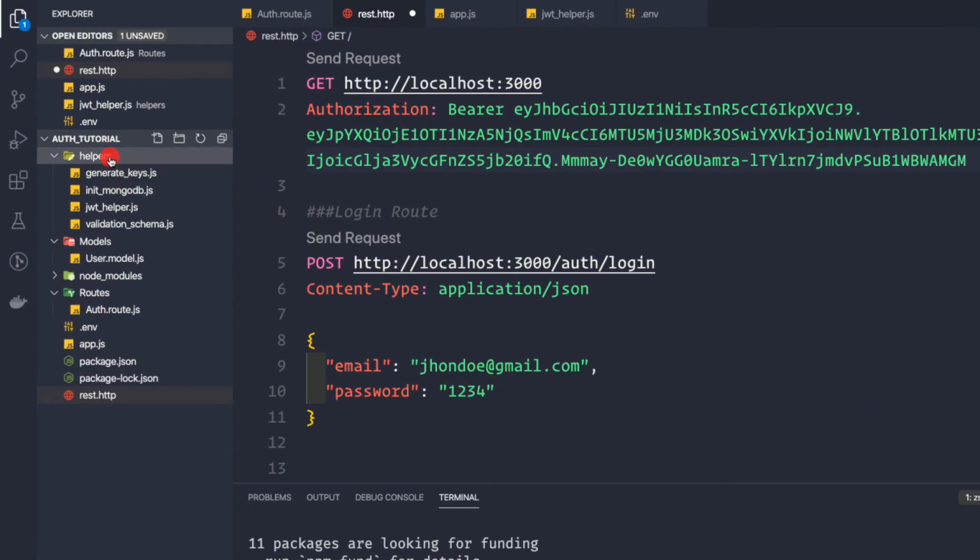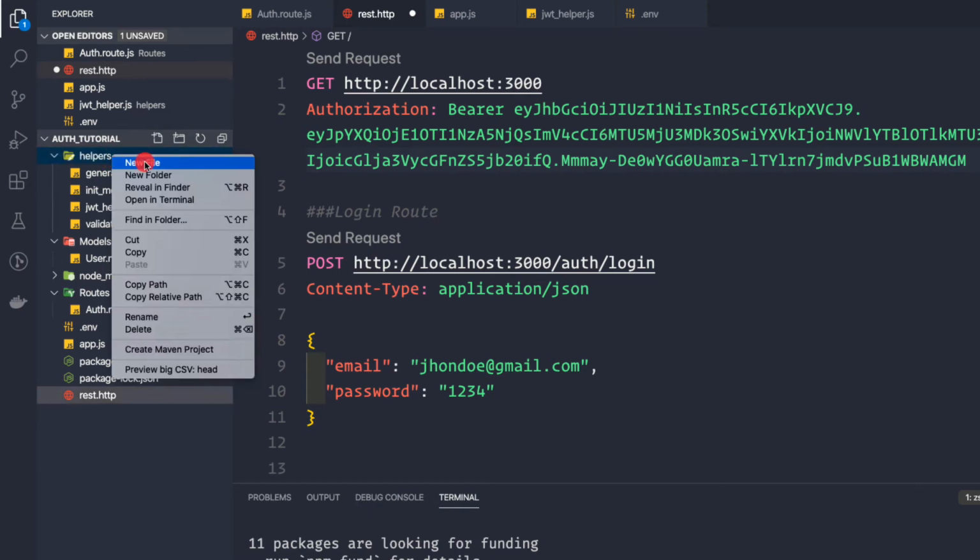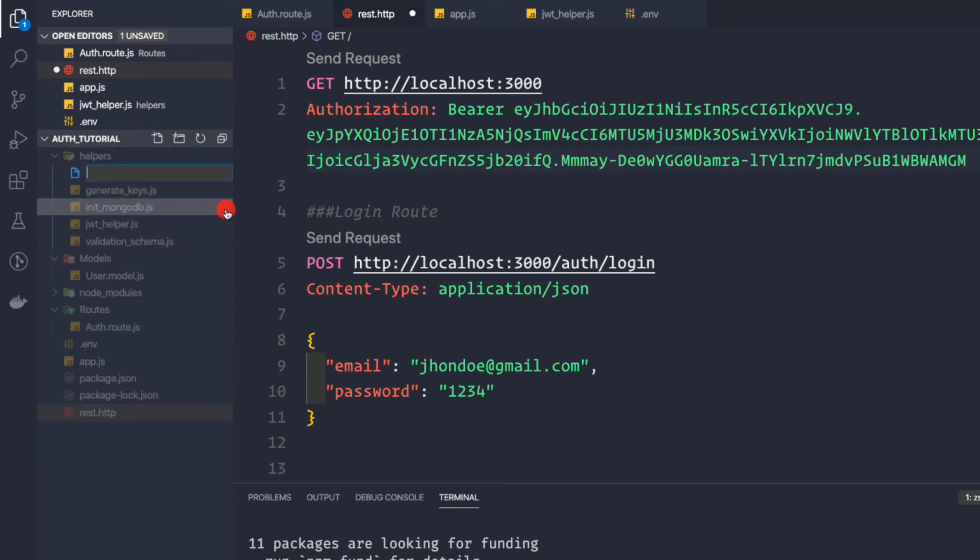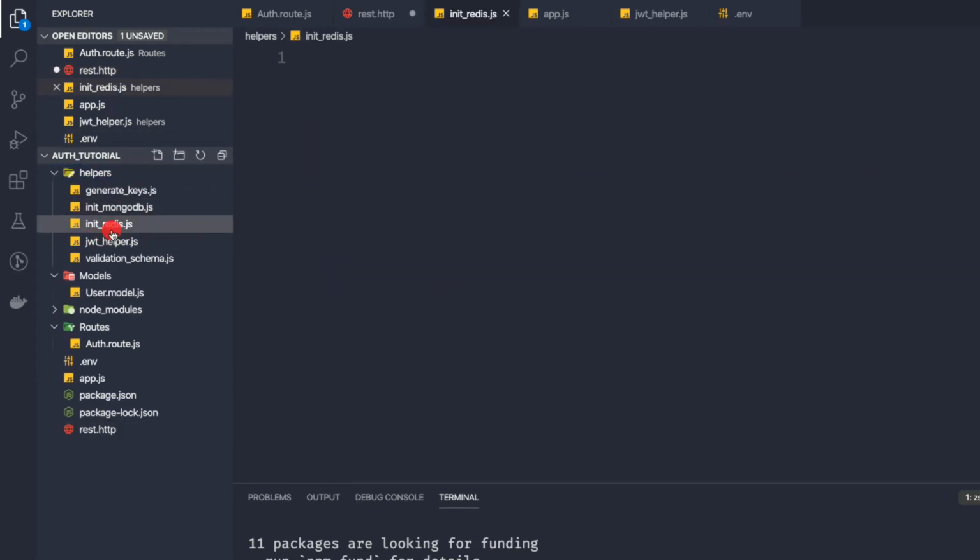Inside the helpers folder, let's create a new file, and this file would be called init_redis.js like this. Inside this file, firstly we want to require Redis. So const redis equal to require Redis, like this.